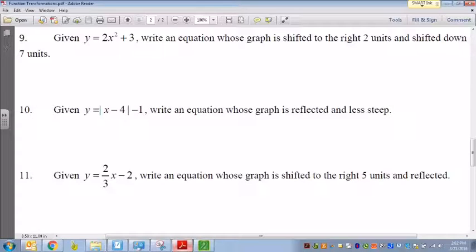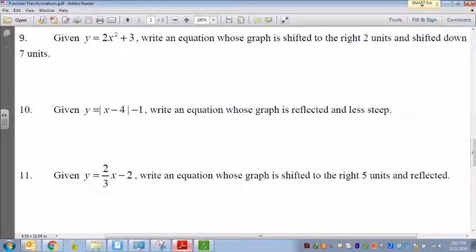All right, so this video is about function transformations. By transformations, we mean where does the graph move, or how does the graph look compared to the original function we're given. Sometimes we're given the parent function, or the mother function, whichever you're more comfortable with, and then we give you the equation. But in these examples, we give you an equation and then ask you to move it or change it around a